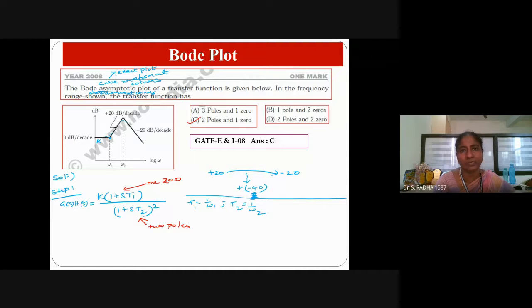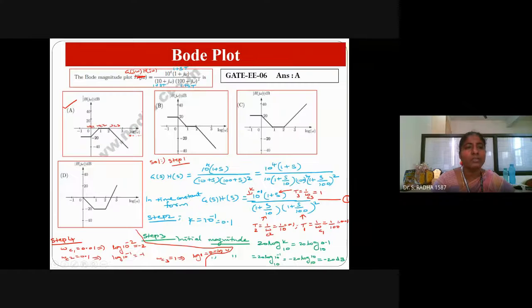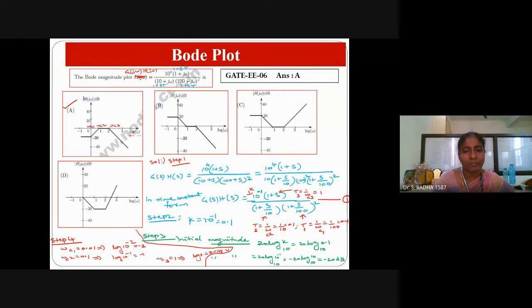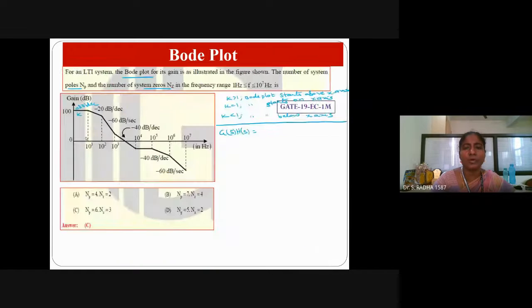If at all you write a transfer function for this, if it is on the x-axis, then K equals 1. This one is above the x-axis, no? So K is greater than 1, K value 100. And if you see here, K less than 1, K is 0.1. The correct answer is option A. You can see it is below the x-axis. Whenever K is less than 1, the Bode plot starts below the x-axis. All these are additional points. Whenever the situation comes, I am explaining.